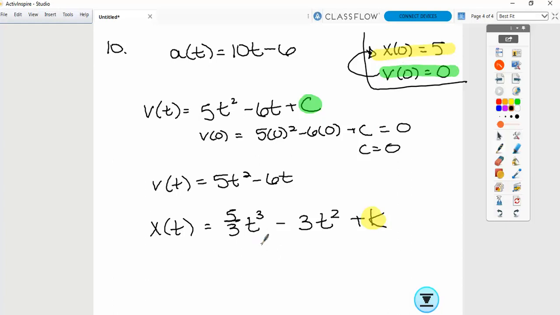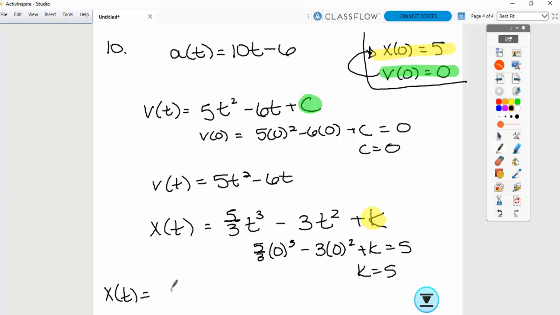My position at time 0 is 5. And it doesn't have to be 0 that I'm plugging in. I might say your position after 2 seconds is 5 or something like that. So I'm telling you what to plug in for your time. So if we solve that, we get k equals 5. So the actual position function